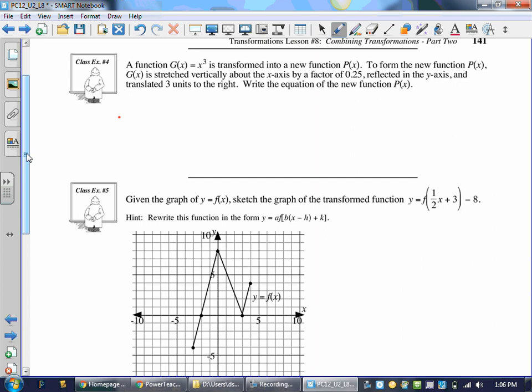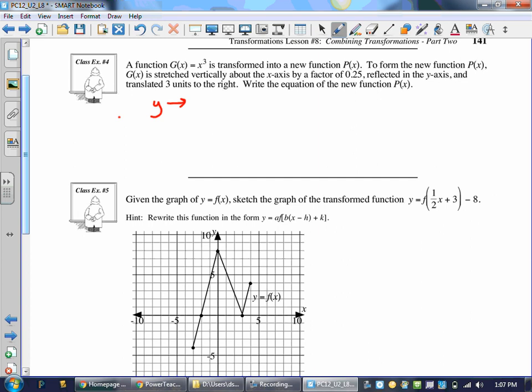Okay, let's do this one on page 141. It says the function x cubed is transformed into a new function, g of x, that is stretched vertically above the x-axis by a factor of 0.25, reflected in the y-axis, and translated 3 units to the right. Write the new equation. Okay, so if you like to stretch it vertically, we're going to have y is going